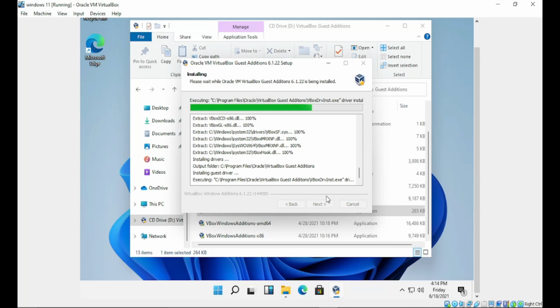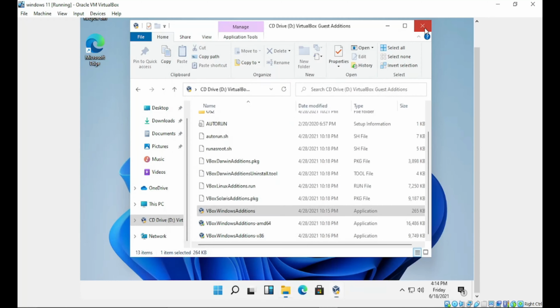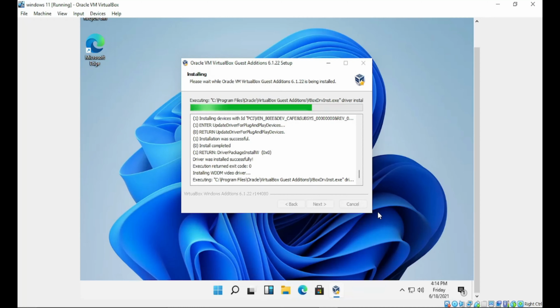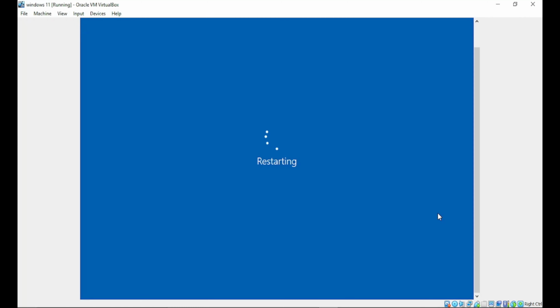It installs the additional files that are required for VirtualBox, and hit install. After the installation completes, it asks you to reboot your virtual machine. So reboot it.